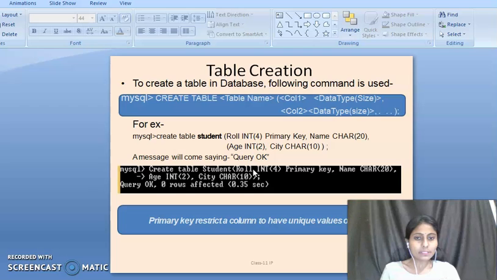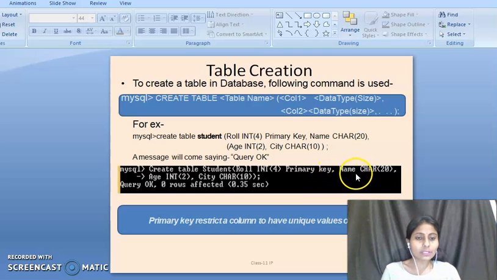Then roll number, roll number is the column name. If we want to set the integer data type for the roll number field, then we type the int keyword. And here I have mentioned the size of that column is 4, and primary key is a constraint, because the roll number field can be appointed as a primary key.